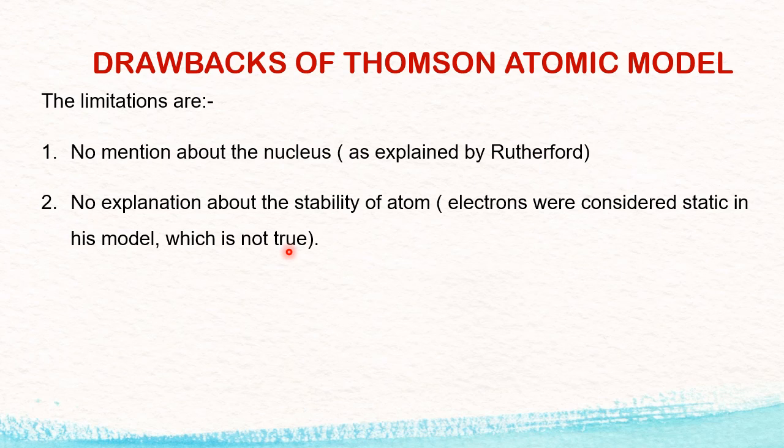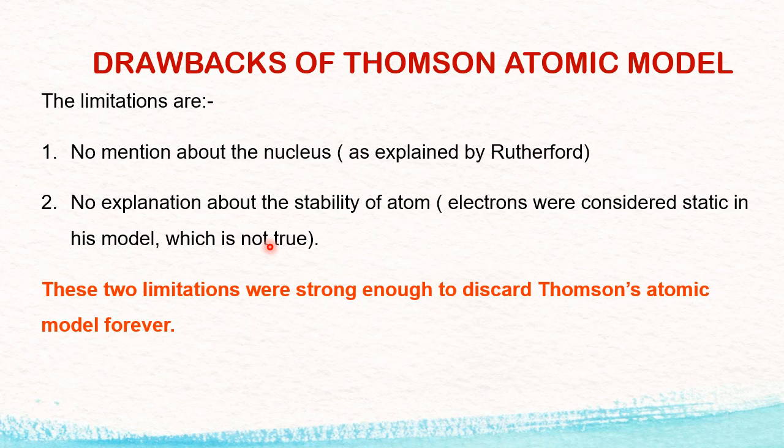In my previous discussion, one caption I told: if proton is the identity of an atom, electron is its personality. So personality can be judged on the nature of an electron, how it is arranged in the atom. Therefore, he has not explained about the electron, how they go, where they go, what is the property. So that means stability of an atom is not explained properly by J.J. Thomson's model. Therefore, this model was discarded. Let us wait for one more better model, so that we'll understand the structure of atom or the model of an atom.